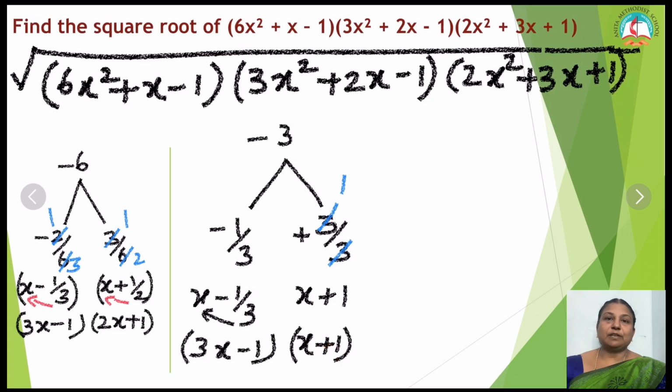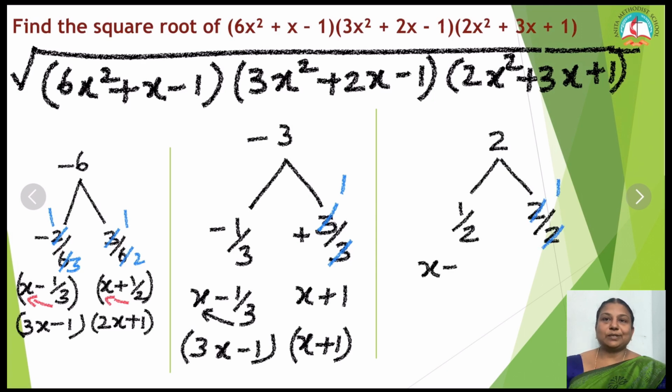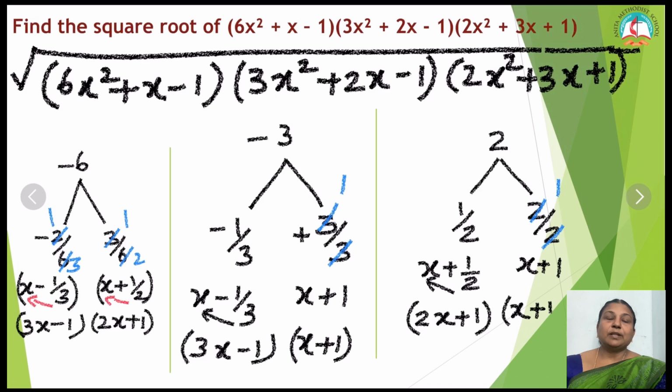Now the next expression we have to factorize. So what is the next expression? 2 into 1, 2. So 2 ones are 2, 2 plus 1 is 3. So next, the coefficient of x squared is 2. I have to divide it by 2. So if I am dividing it by 2, the first one, 1 by 2, I can't cancel, but here I can cancel 1 times. So what is my variable? X. So x plus 1 by 2 into x plus 1. So here cross multiply, I will get 2x plus 1 and x plus 1. Now we have finished finding the factors.